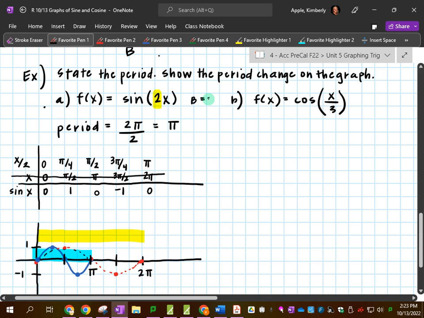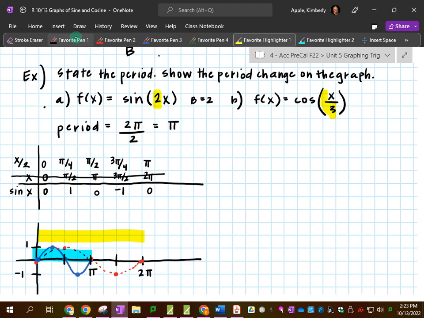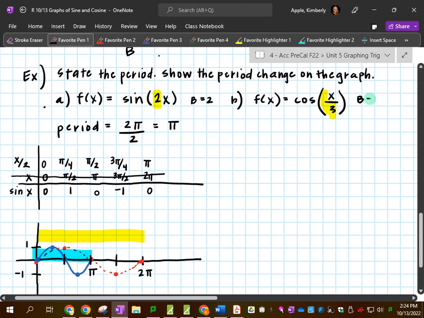So if over here the b value was 2, the b value here is actually 1/3. Right, because I've got my little imaginary 1 sitting here. B is multiplied, in our definition, B is multiplied by the x, so not divided, we're not talking division here, we're talking multiplication. This is multiplication by 1/3, which is equivalent to division by 3 in practice, but we're talking